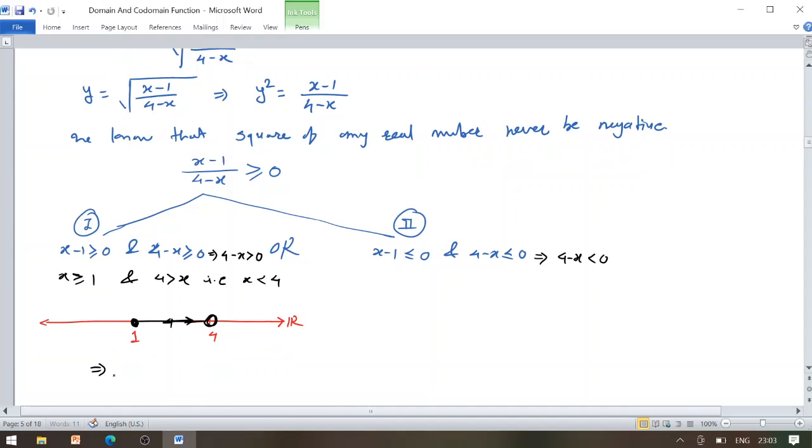Now the common part or the intersecting part between the two intervals, or the two inequalities we are having, is the semi-closed interval [1, 4). That means x belongs to the semi-closed interval [1, 4). Now consider the second case. Try to simplify both inequalities. We might have x is less than or equal to 1 and after shifting minus x we get 4 is strictly less than x. So that implies x is strictly greater than 4.